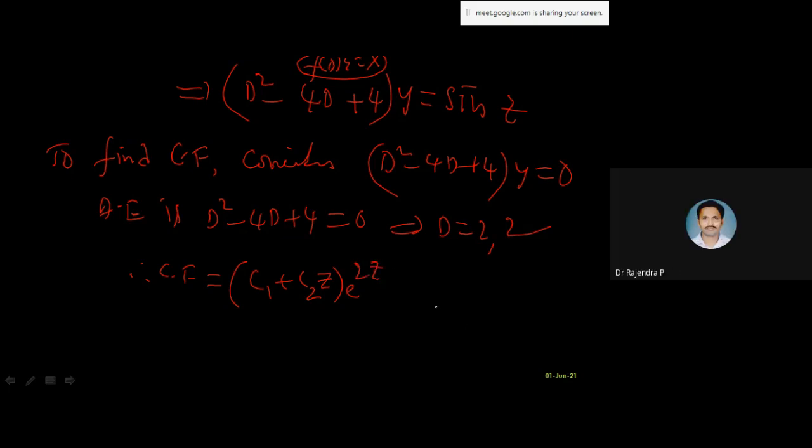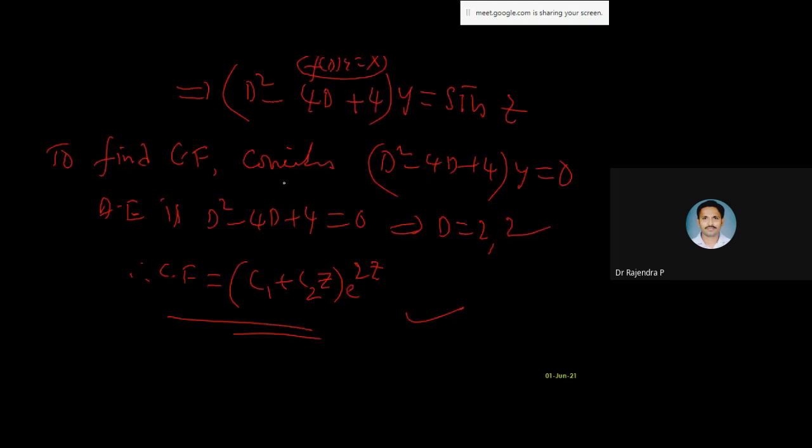Good. Here itself, if you want to substitute Z as X, you can go ahead, because you have already found your complementary function. Finally, anyway, you have to change that. But I will tell you that it's better to replace the whole thing at the end. Keep the complementary function as it is here. Then you find your particular integral.